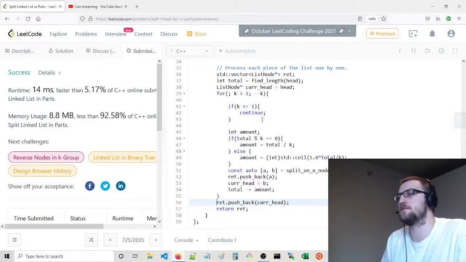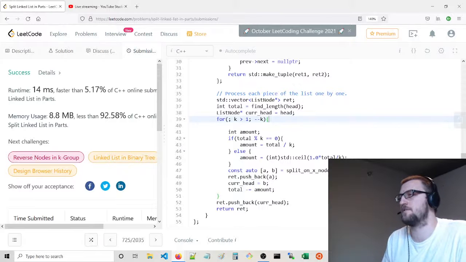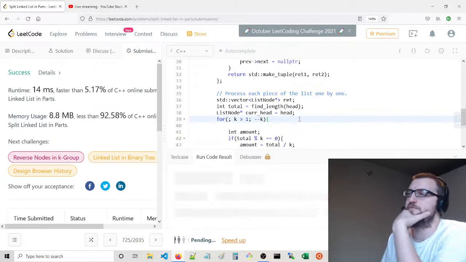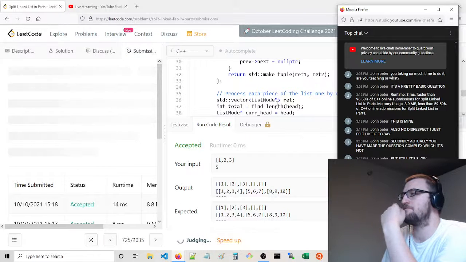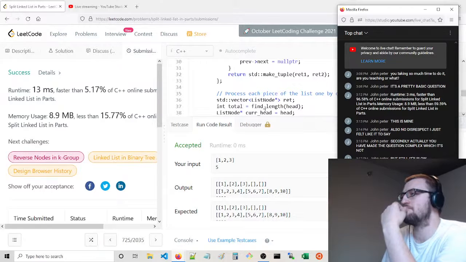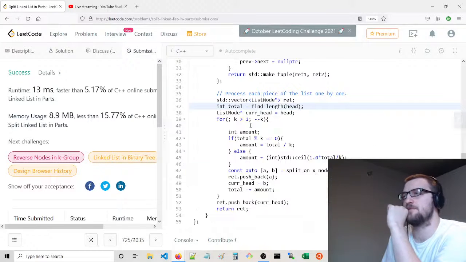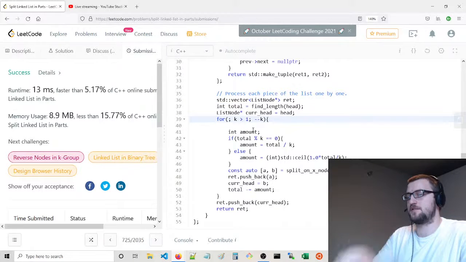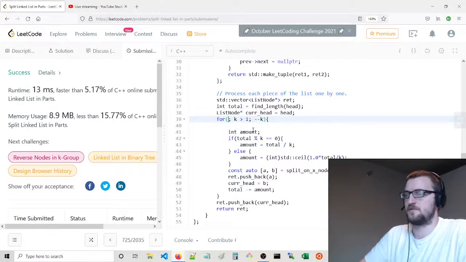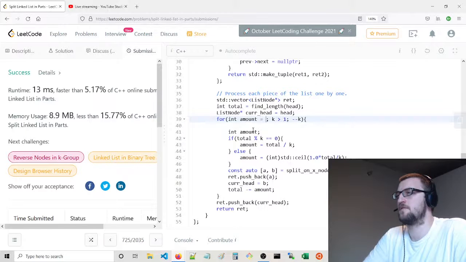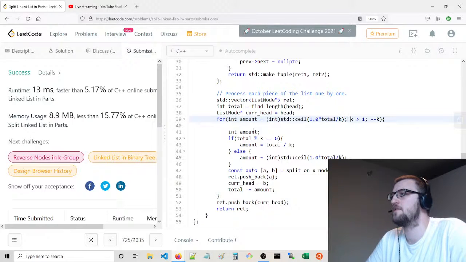I tend not to do this, but you could do this too. Let's give that a shot. Yeah, so you can make this even more concise if you wanted to. Right, and you could say amount equals